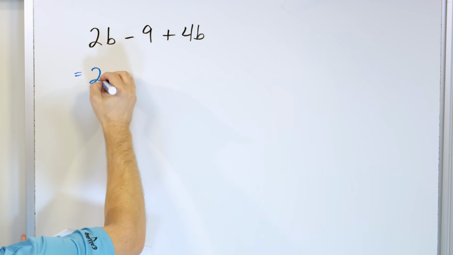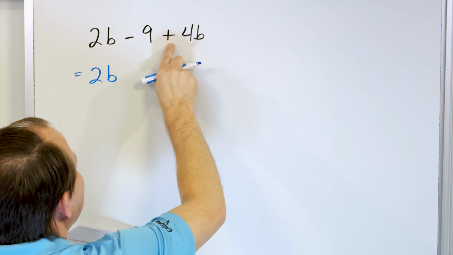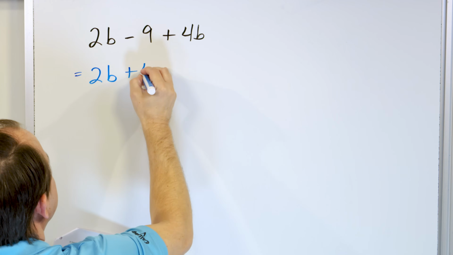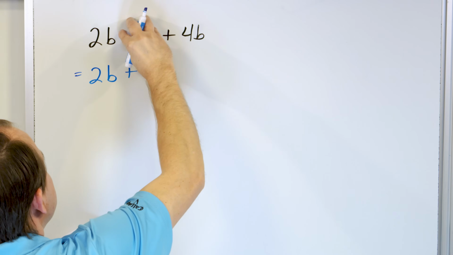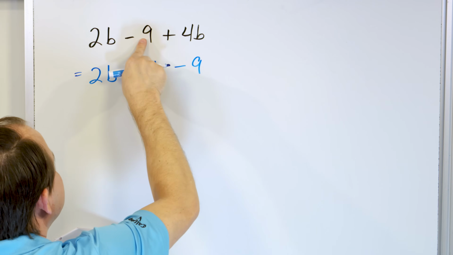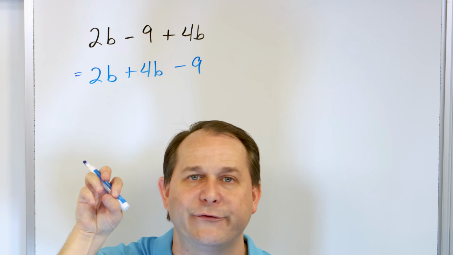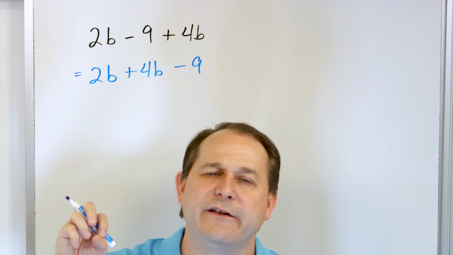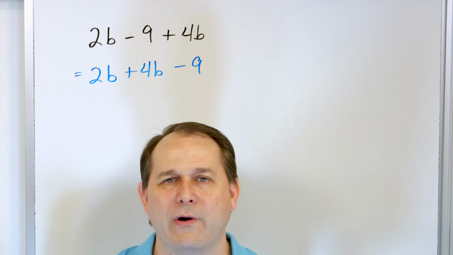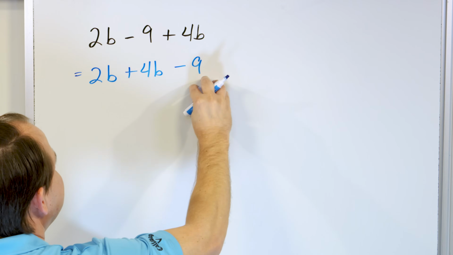We have 2b from the problem statement, and we want to combine it with this. We can move it next door, and the sign that is attached to it is a plus sign because it's stuck right in front, so we can move it right next door. And then the minus 9 has to go with a minus sign at the end because the minus sign is stuck to the 9. So when you're arranging terms, you have to grab the sign right in front. It is attached to it. It is very important. That's a great way to get screwed up when you move things around and you don't grab the signs also. So the plus 4b goes here and the minus 9 goes here,